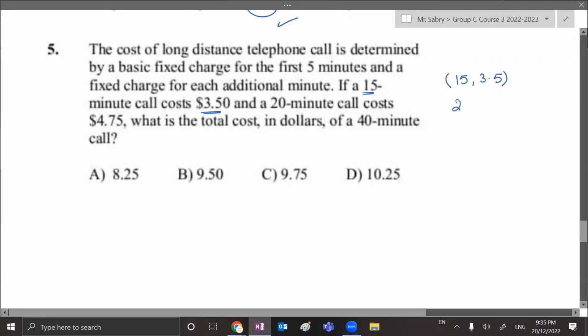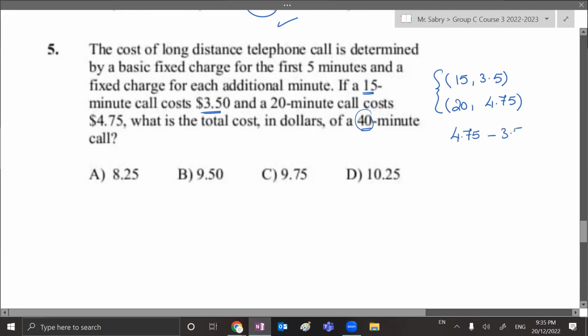And if a 20-minute call costs 4.75, that's considered another x and y. I can use these 2 points to get the linear equation, and then substitute the x with the 40 minutes. So in order to do that, I'll do 4.75